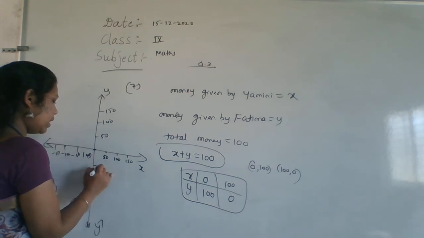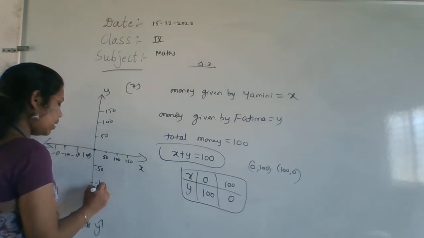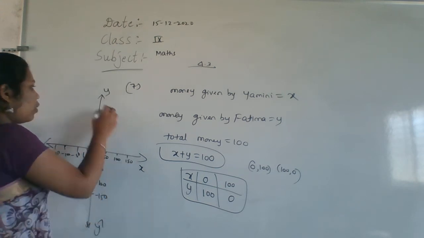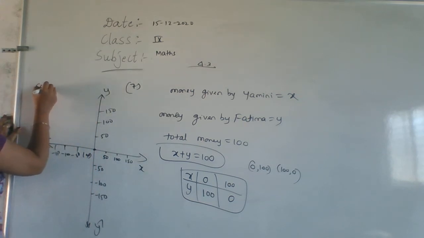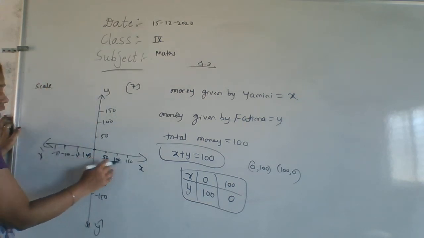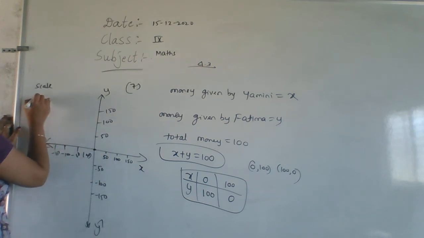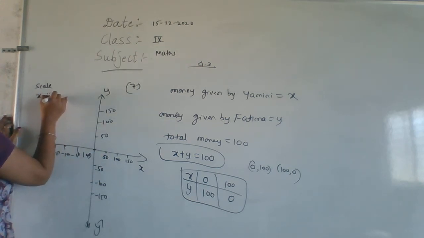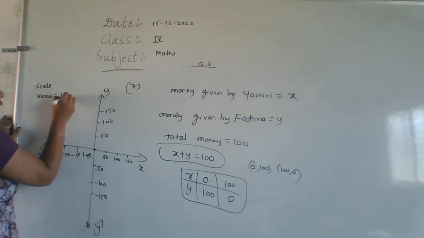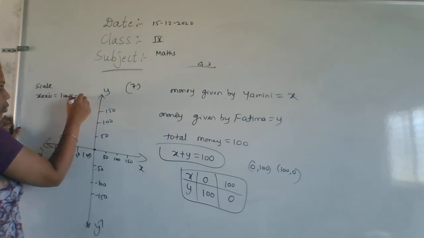So here minus 50, minus 100, minus 150. And you have to write a scale here. Whatever values you have taken, you have to write that here. So for the x axis, 1 unit is equal to